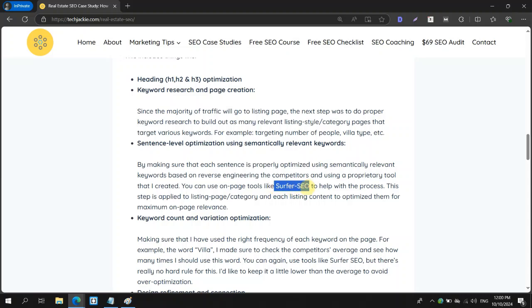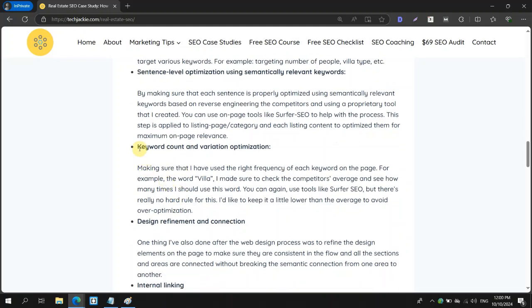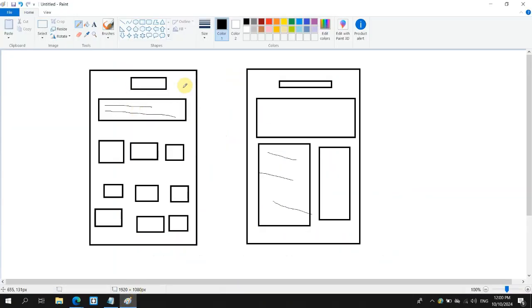You can use tools like Surfer SEO, Phrase.io, and all of that are available, but we're not really the same, but it still can be used. Next, we also look at the keyword count and variation optimization. So it's not going to be a lot of optimization here on the category listing, but we also make sure,